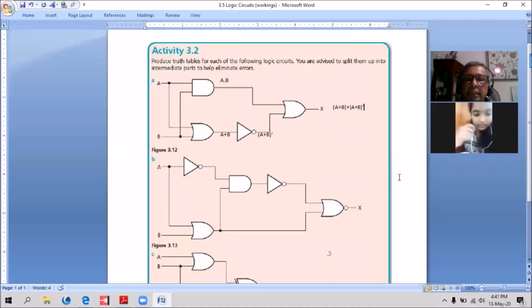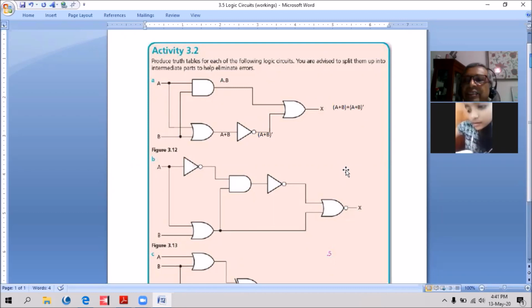The first column is A, the second column is B. Very good.